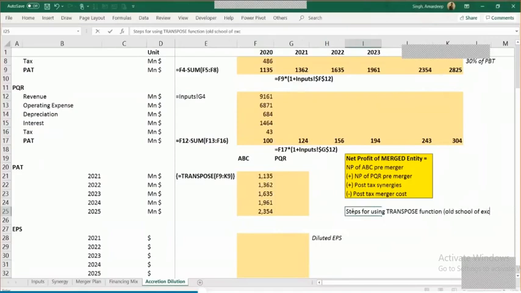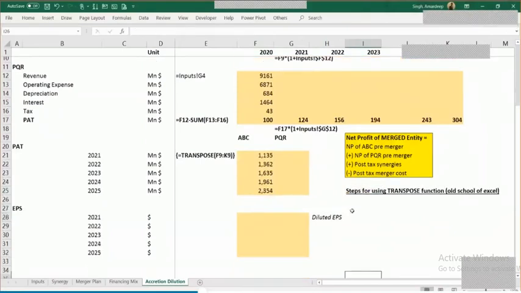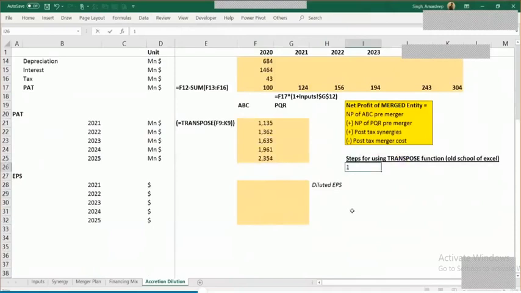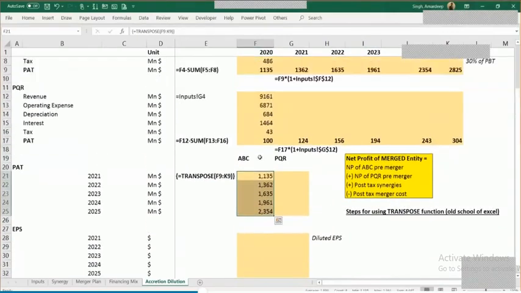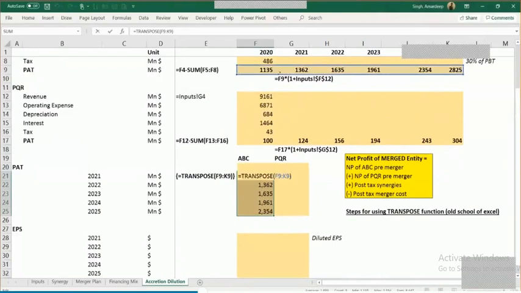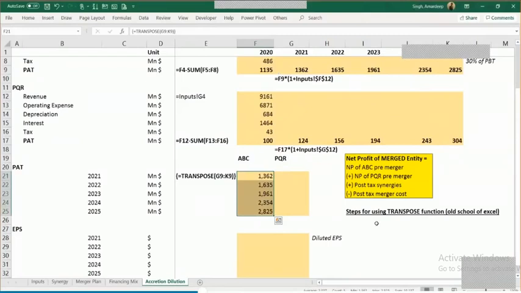I'm writing this old school because there is this other thing that I'm going to show you, which is very good. So step number one, yeah, okay, I must take the data from 2021, so I've taken it incorrectly. Thanks for bringing that point. I should have taken it from here, right? So which is G9 to this. So we'll start with 1362 and end over there. Thanks for pointing it out.